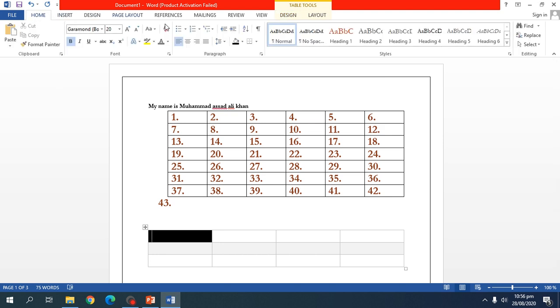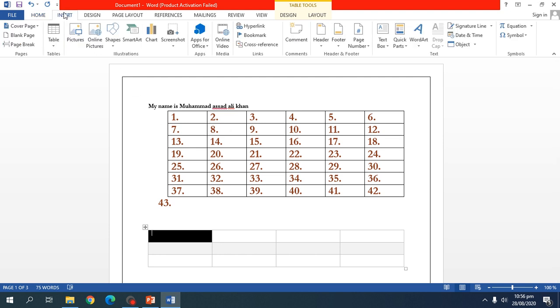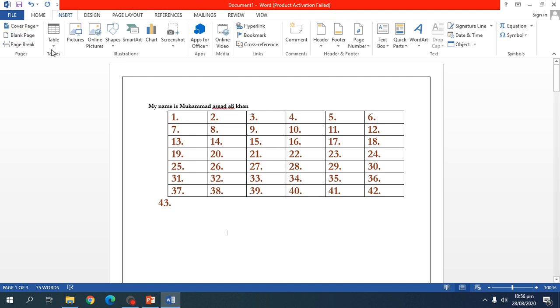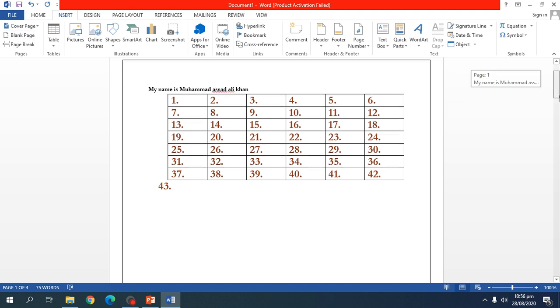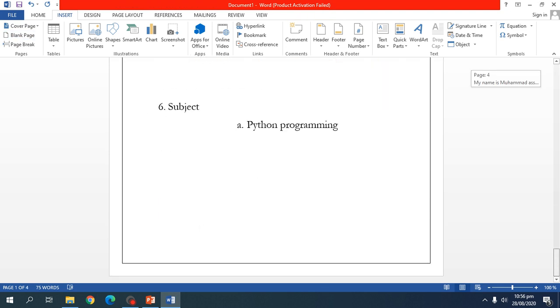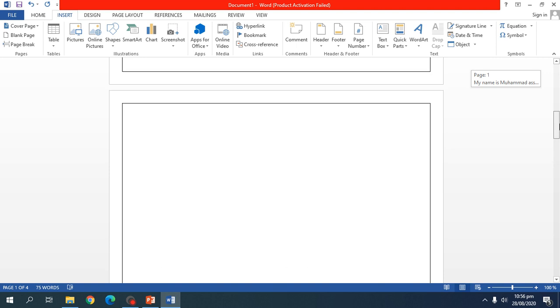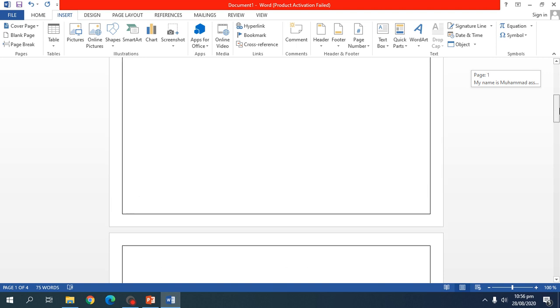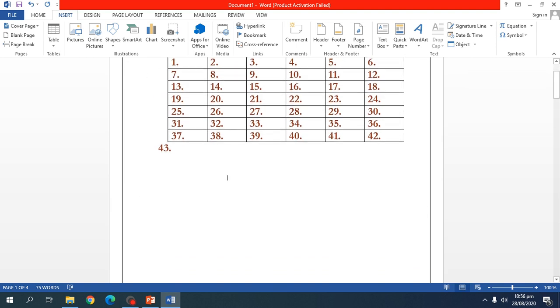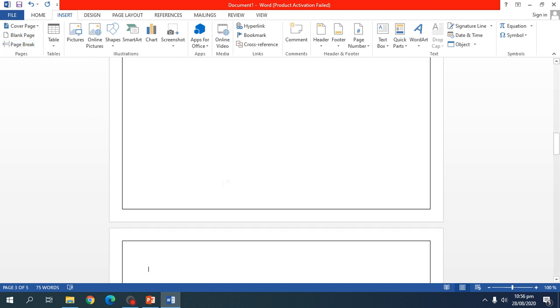There are many more tools and many more options. Insert blank page: I click here and the blank page will be inserted below. Yes, there's a blank page below this page. If you want to break the page,